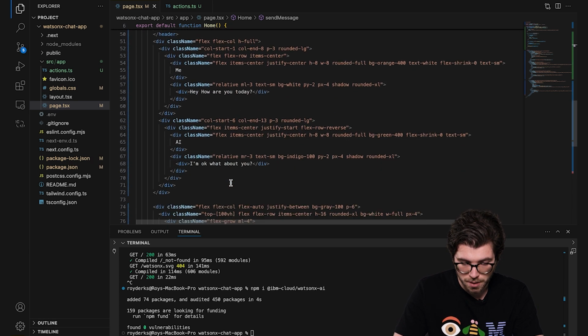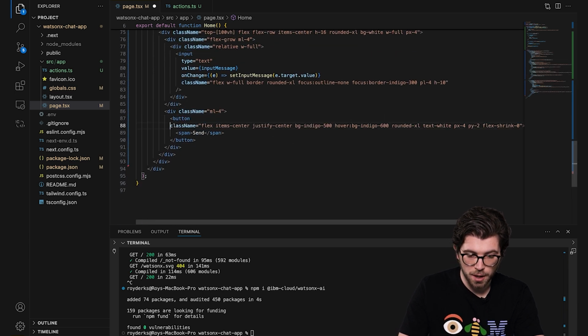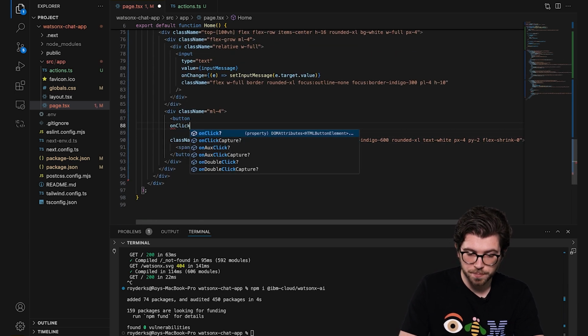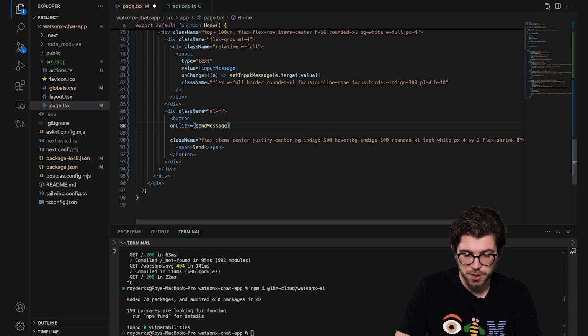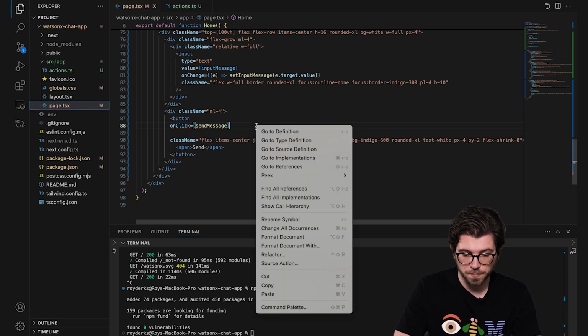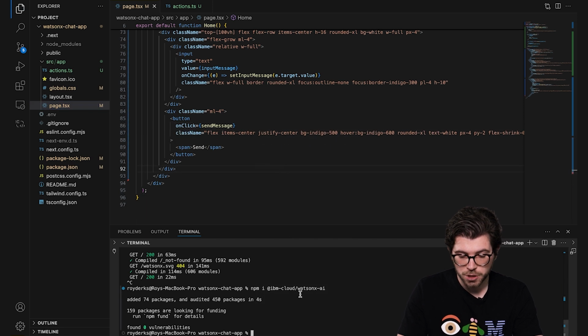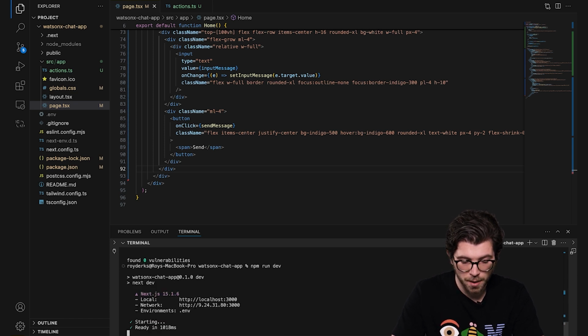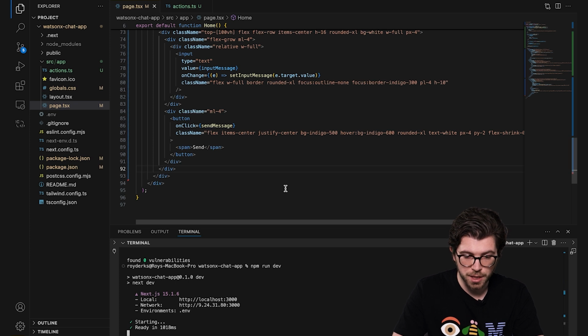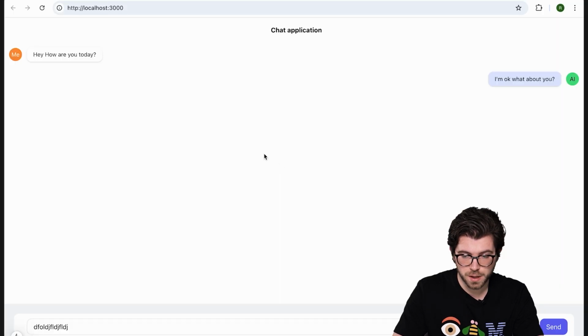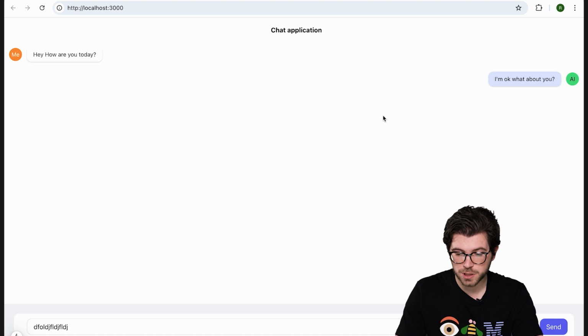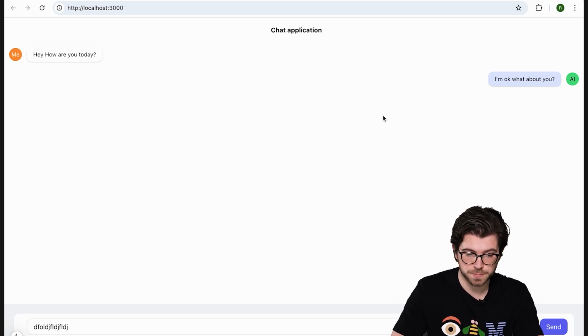So I can scroll down to our send button, and I can add an onClick function here. So whenever you click it, it's going to send a message using the sendMessage function. Let me format this code. And I make sure I start my application again, because we killed the application process earlier on. And now I should be able to go back to my browser and see the chat application. You can see it still has the placeholder messages in there. So what I'm going to do next, I'm going to make sure that all the messages that are being rendered are actual messages that you sent or the LLM sent back to us.